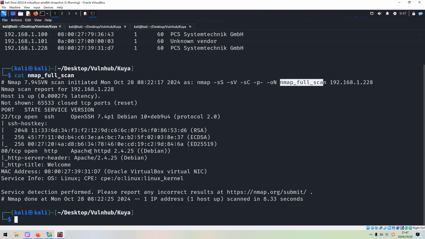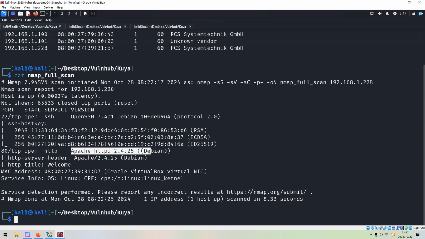From the Nmap scanning, we can tell that the target has two open port numbers. The first one is 22, which is running SSH service and also the version information. Although this version is not updated, I don't think we can find any vulnerability for this particular version. And the second one is 80, which is running HTTP service and also the version information Apache 2. So what do we have to do next?